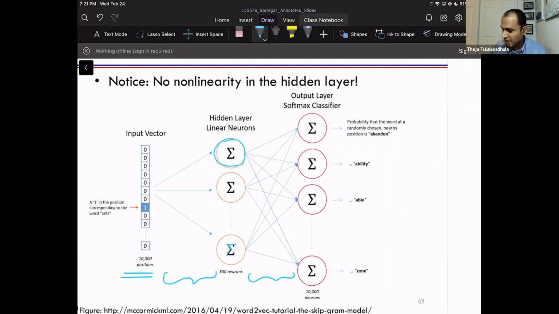The sigma just represents summation. Don't worry about the notation here. It's just a summation of, remember, every neuron has its own weights corresponding to it. And so weights times the input is what the neuron produces as a single number as output, right? We saw that several times. So there's a bunch of weights here, and there's going to be a bunch of weights here. I don't want to use explicit notation here, maybe there's some in the next slide, and I don't want to guess the notation right now.